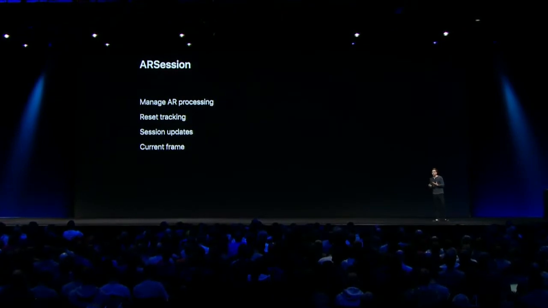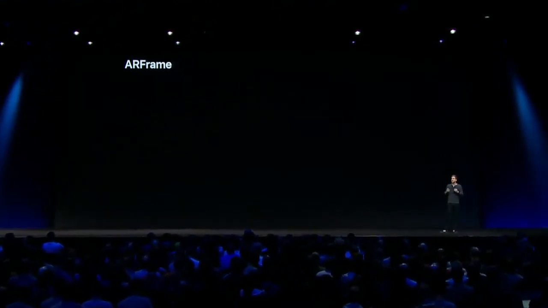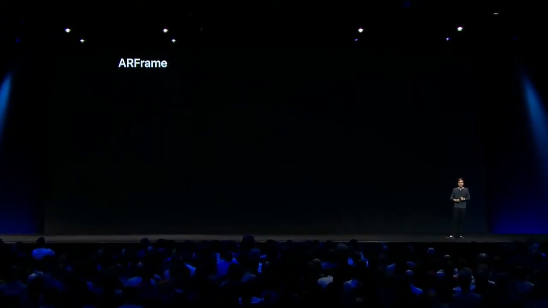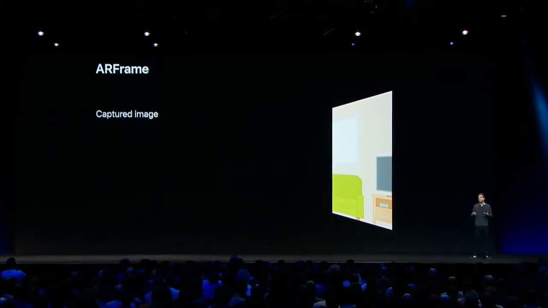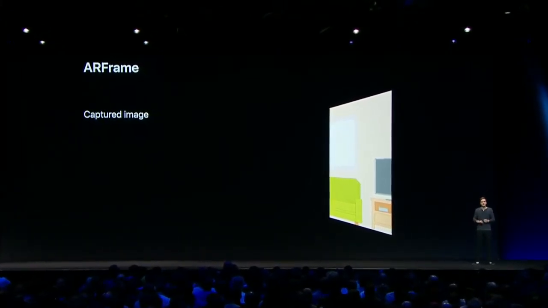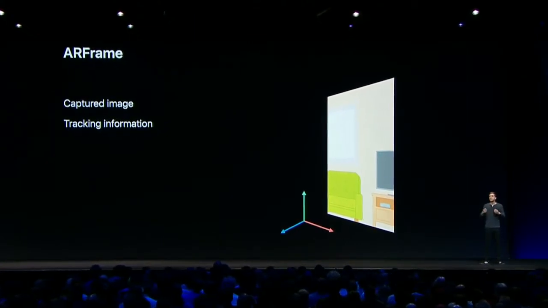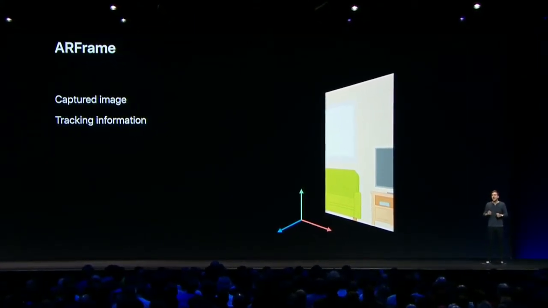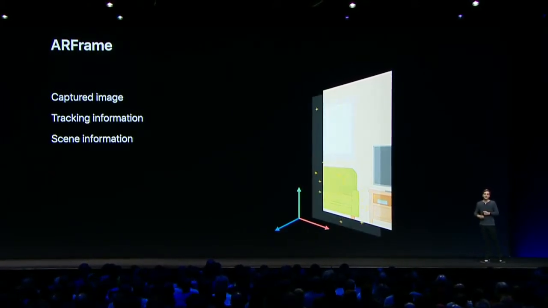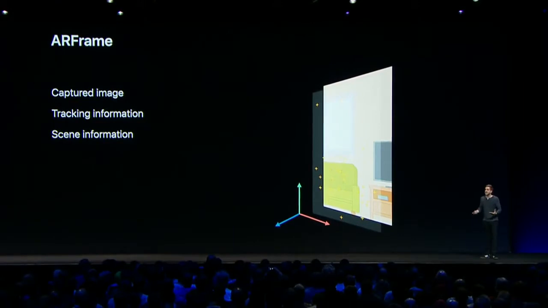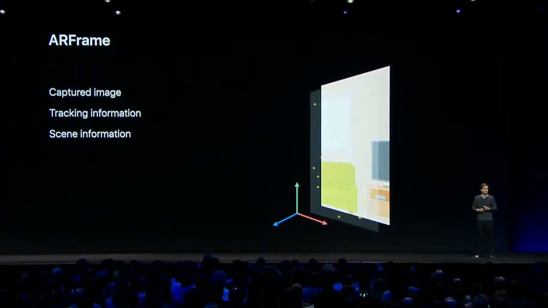So now, what does an ARFrame contain? Each ARFrame contains everything you need to render your augmented reality scene. First thing it provides is a camera image. So this is what you're going to use to render the background of your scene. Next, it provides tracking information, or my device's orientation, as well as location, and even tracking state. And last, it provides scene understanding. So information about the scene, like feature points, physical locations in space, as well as light estimation, or a light